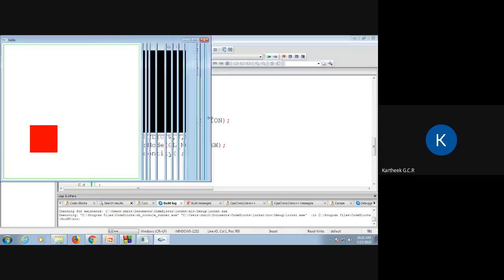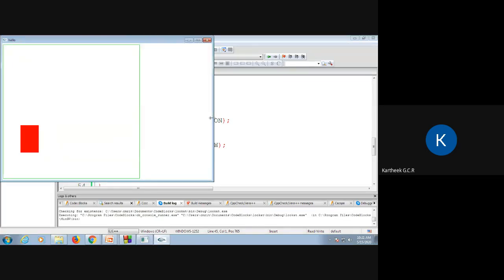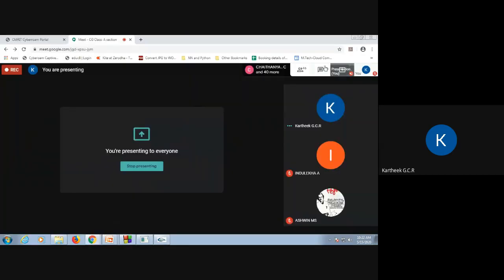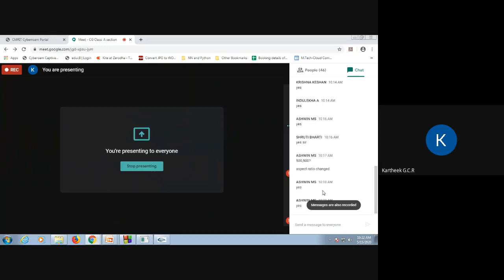See, I reshaped, but did the viewport dimension change? Did I change my viewport dimension now? I commented out the viewport, so the viewport dimension did not change.